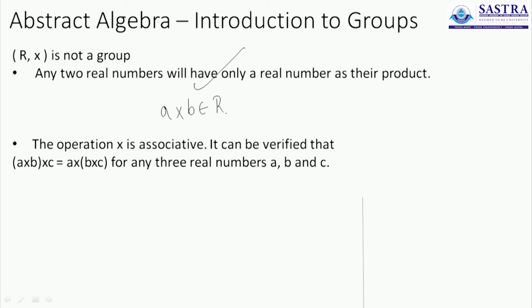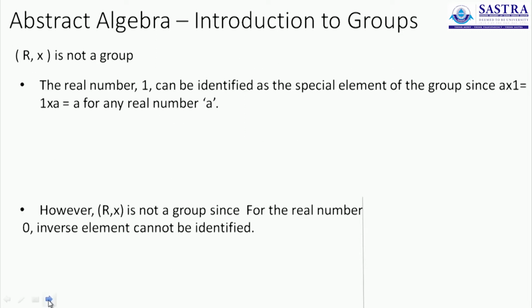And I have already shown you why the operation is associative. You take 3 elements and multiply them in a particular order, the answer does not change. And we have seen that the set contains within itself the special element, say 1, because 4 times 1 and 1 times 4 are both the same number 4. Minus 2.5 times 1 and 1 times minus 2.5 is still minus 2.5. Therefore you have the special element in 1. 1 is a real number and therefore it is contained in the set. Therefore the set also passes the identity element existence property.